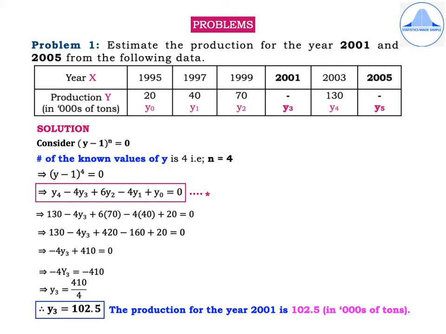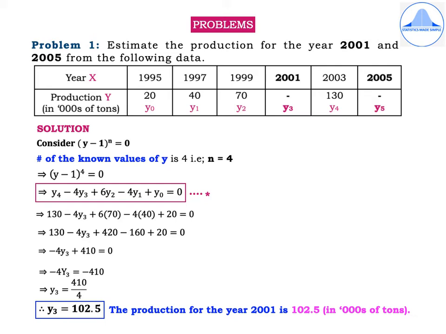Now from the given table, substitute all the values which are known to you. Which implies 130 minus 4y3 plus 6 into 70 minus 4 into 40 plus 20 is equal to 0. Which implies 130 minus 4y3 plus 420 minus 160 plus 20 is equal to 0. Which implies minus 4y3 plus 410 is equal to 0, which simplifies to minus 4y3 is equal to minus 410,